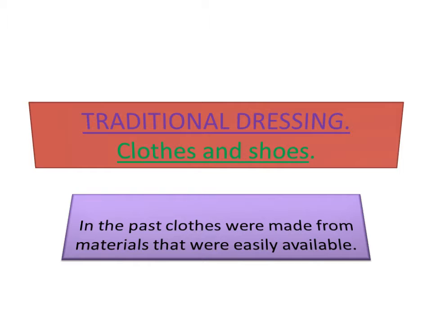that is clothes and shoes. Remember, the clothes we put on and the so many other things that we talked about in the aspects of culture. So we have just chosen to talk about the clothes and the shoes that people used to put on in the past. We are talking about the past, not now. I know right now you are putting on different types of shoes and also different types of clothes, unlike in the past. So this is traditional dressing, not modern dressing.